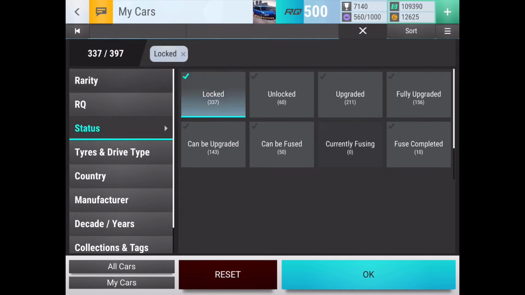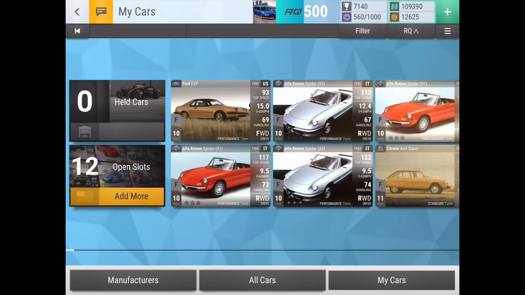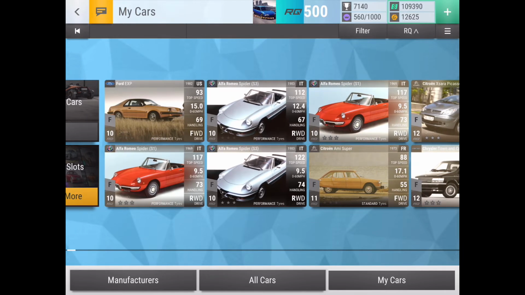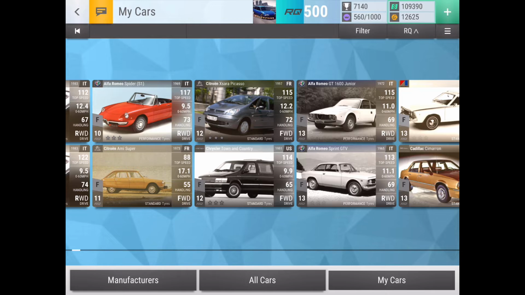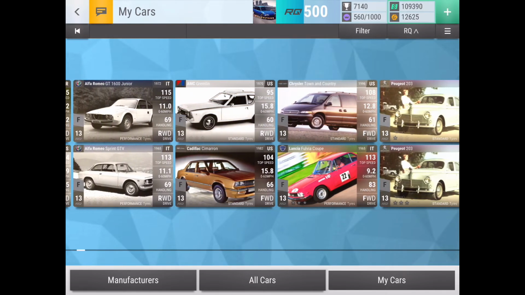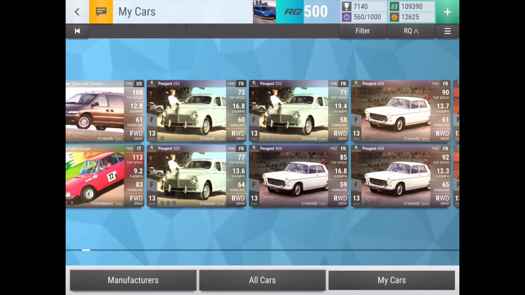But now let's look at how my garage has changed so far, just a quick rundown of my garage and everything that I have. So, bunch of random commons, some prize cars, some not, others from Year of the Ox, like this Citroen, which I'm just keeping because I have it, and I have the slots for it, so I might as well keep it. Other cars are just cars I like, the Cadillac Cimarron, or the Chrysler Town & Country,